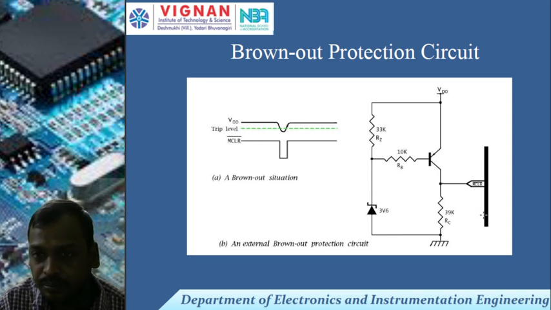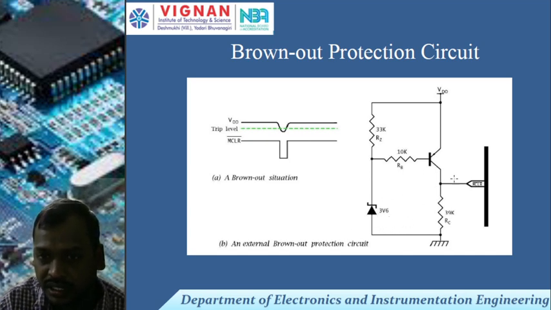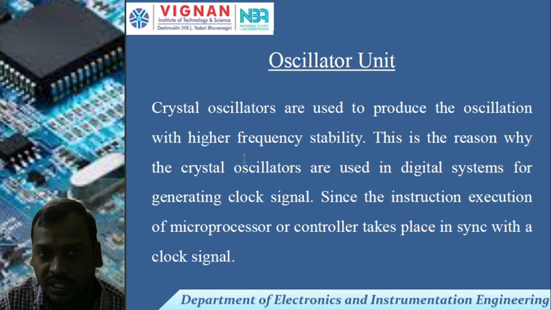Here MCLR is the clear, so at that time it is enabled. Here we are using the PNP transistor. The VDD voltage is given, and the diode drop is generally 0.7 volts. So it protects the circuit and will not fall below 5 volts. At that time it is enabled and conducts in the on position, that means it will maintain the 5 volt supply voltage for the processor or controller.